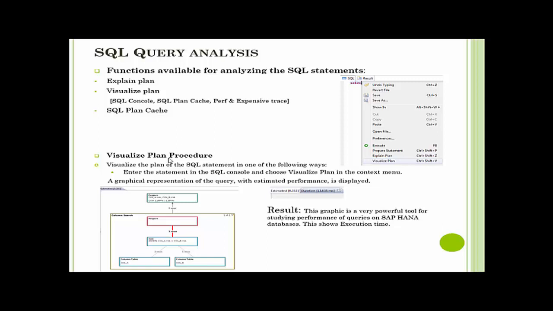So for estimating this performance, we have to choose execute as an option, and another high level graphic is generated with the execution time information for each of the parts. See, as shown here,